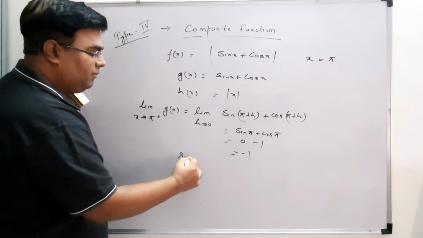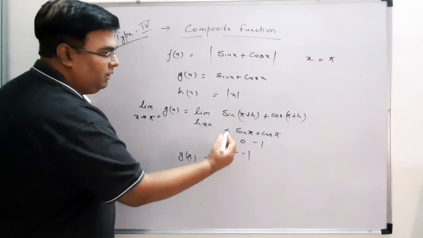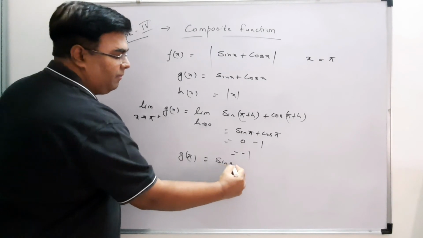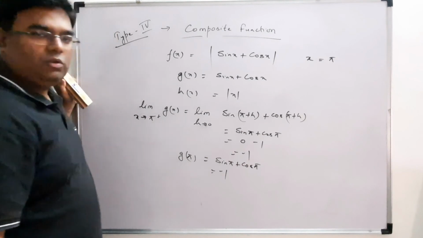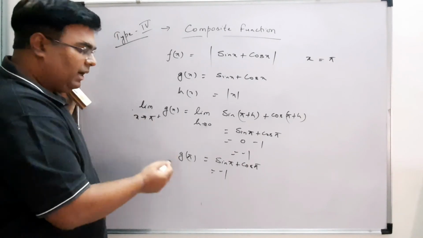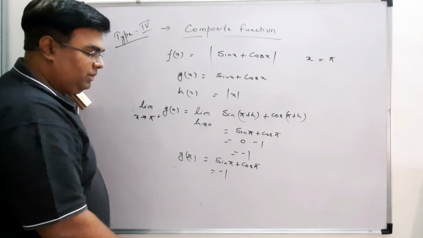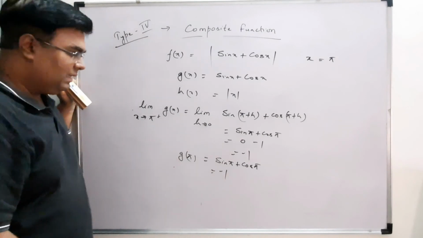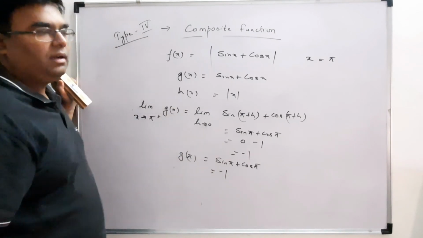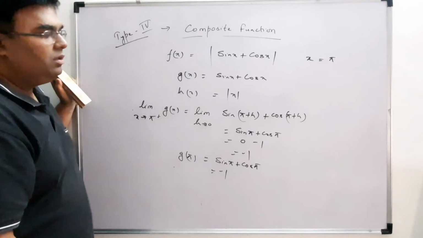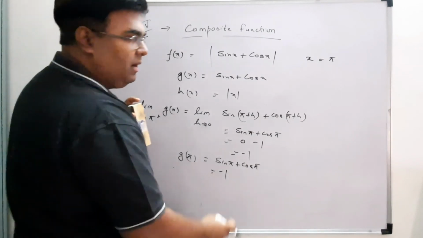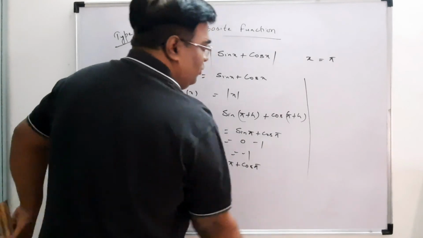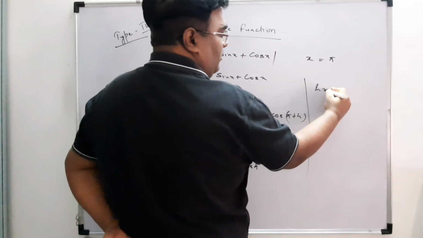And your g(pi) will be again sin pi plus cos pi, which is equal to -1. So the limit and your g(pi) are both equal, so we can say that my g(x) is continuous at x equal to pi. Now we have got our g(pi) value as -1,